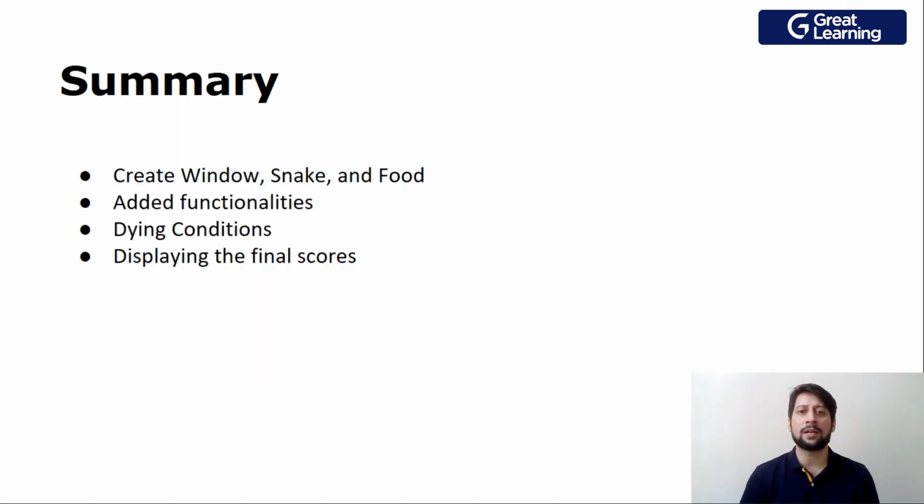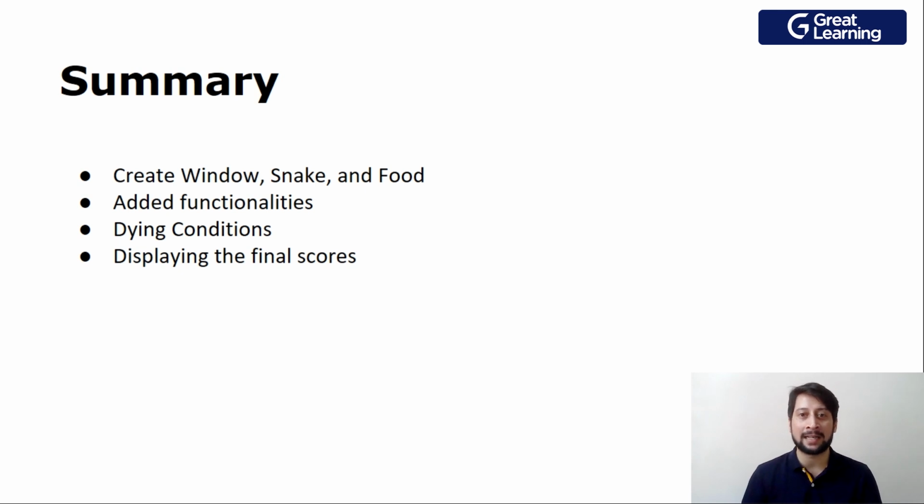Now let's try to summarize what we learned in this video. First, we talked about how to create a window, which is obviously important while we are creating the snake game. We talked about the IDE that we use, the Processing IDE, and how we created this window with the help of just 4 lines of code. Then we created our snake head. Then we created our food. Then we added some additional functionalities like moving the snake, making him eat, and then controlling the snake.